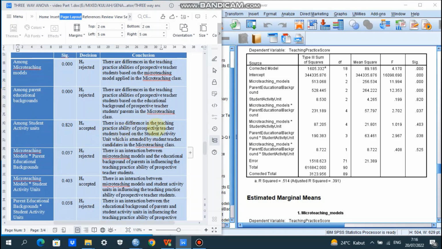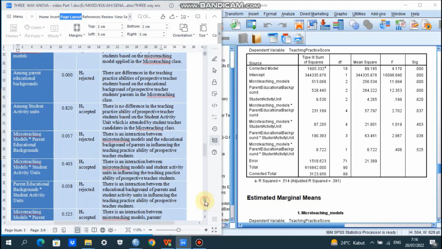There is no difference in teacher students' teaching practice ability based on student activity units attended by teacher candidates in micro teaching class.